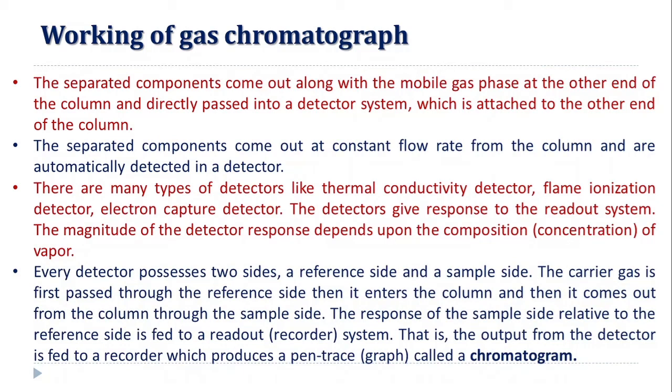Every detector possesses two sides. One is the reference side and another is the sample side. The carrier gas is first passed through the reference side, then it enters into the column, and then it comes out from the column through the sample side. The response of the sample relative to the reference side is fed to the readout system, that is the recorder. That is, the output from the detector is fed to the recorder, which produces a pen trace graph called